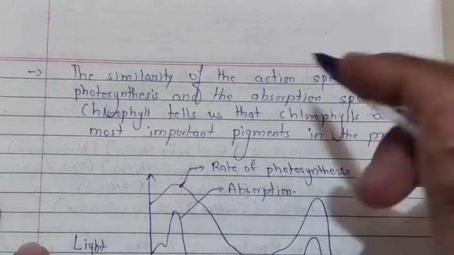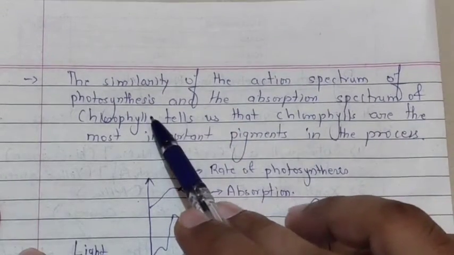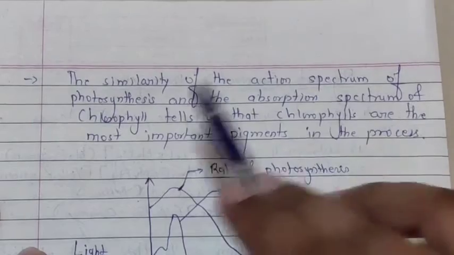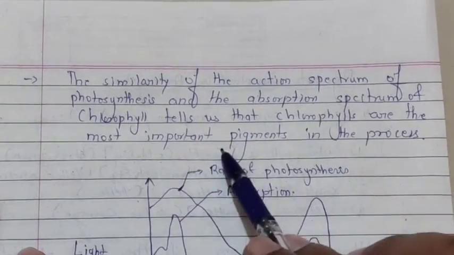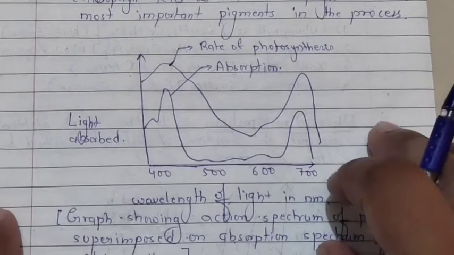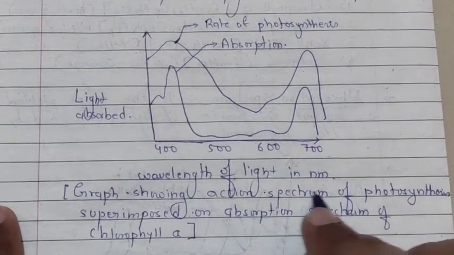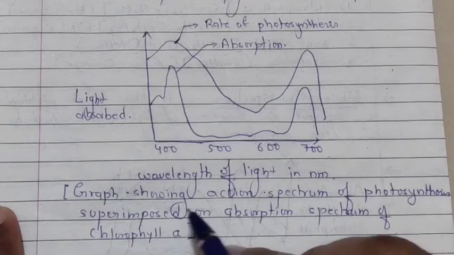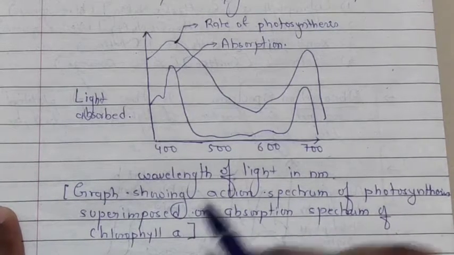As I already told you, the similarity of the action spectrum of photosynthesis and the absorption spectrum of chlorophyll tells us that the chlorophylls are the most important pigments in the process. Clear? So here, if you see this graph, it shows the action spectrum of photosynthesis superimposed on